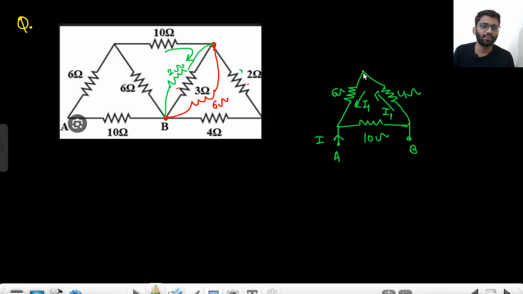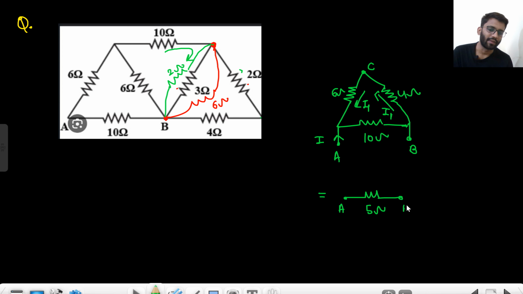Okay, so I hope you have understood this point now. Across the terminal where you are calculating your R equivalent, there will surely be some current. Thinking about that, you have to consider whether it will be in series or parallel. So 4 and 6 are in series, and then 4 and 6 are in series, so equivalently they will give me 10, and 10 and 10 will come in parallel. So equivalent will be 5 ohm, right? 4 and 6 are in series, so 10 parallel 10, it will be 5 ohm.